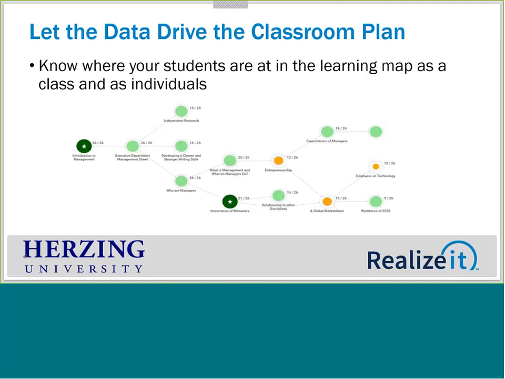So now what the instructor is tasked with is, how do I use this information to make my classroom time the most effective? So when I'm talking with faculty, when you have 26 students in a classroom, you can't necessarily have that one-on-one time with each of your students. But what you can do is group. You can look for students that are strong and doing really well and ask them to teach their students. You can group students by strong, middle, weak in groups and have them do discussions. And so this data doesn't need to be your entire plan, but you want to use this information as you